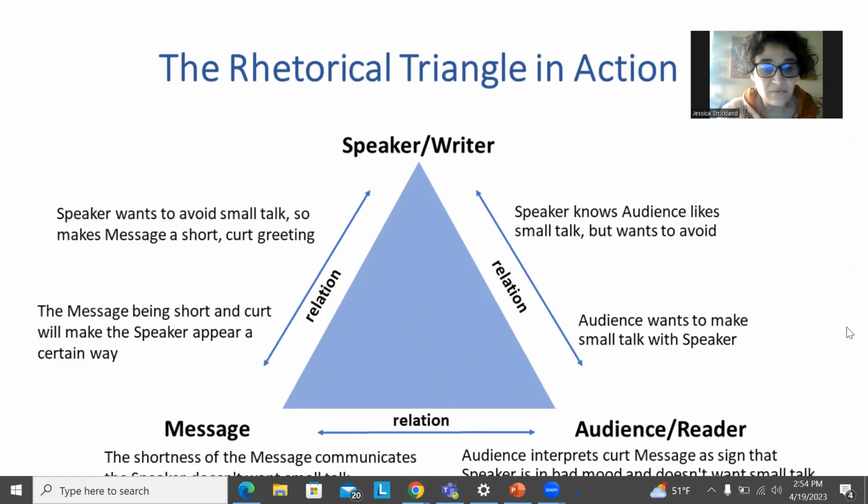the speaker doesn't want small talk. The message being short and curt will make the speaker appear a certain way. Speaker wants to avoid small talk, so makes the message a short, curt greeting, and therefore the audience is already prejudging them. Okay, so how you speak, how you write,